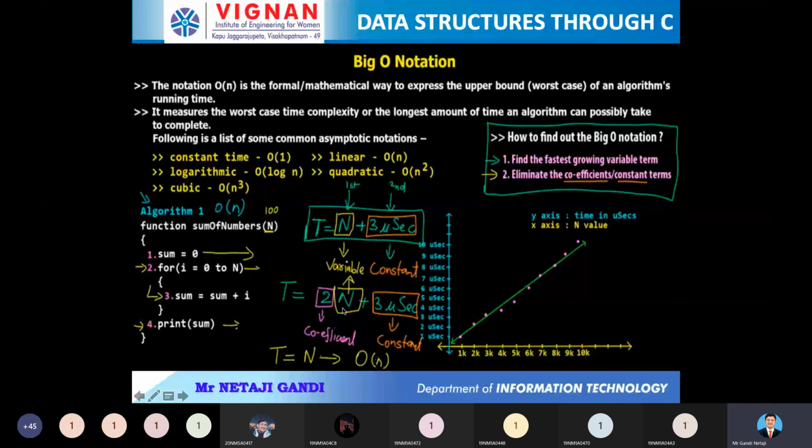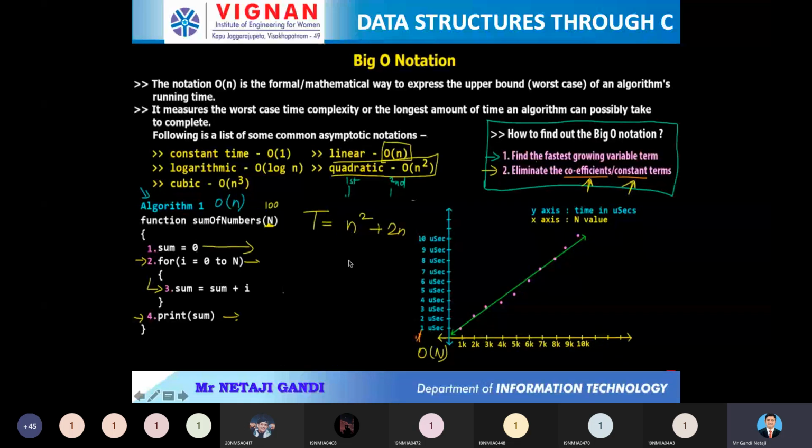Can anyone please tell me, T is equal to n square plus 2n. n square plus 2n. What is the big O? What is the time complexity based upon the big O notation of this equation? Which one is bigger? Highest. The upper bound is n square, the lower bound is 2n. Yes, upper bound. So try to understand the first point: express the upper bound. n square is big. So that's why the time complexity based upon the big O notation is big O